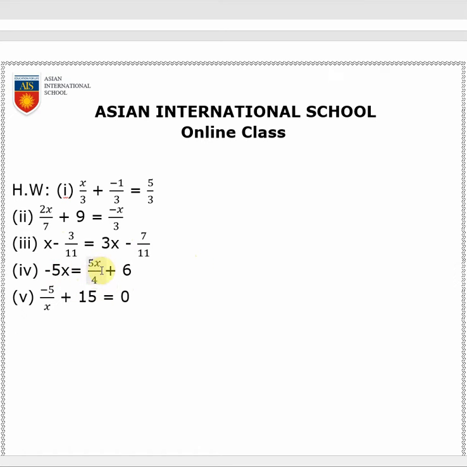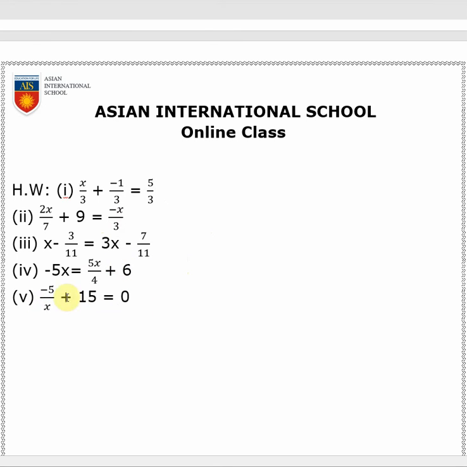In this case, the 5x by 4 over here, you can bring it to this side. So all the x terms will be in the left side, and right side will be 6. Here you have to do one LCM, then that LCM will give you one expression of x. You can take the x out from there by solving. All easy sums you can try. Okay, these sums are absolutely easy.